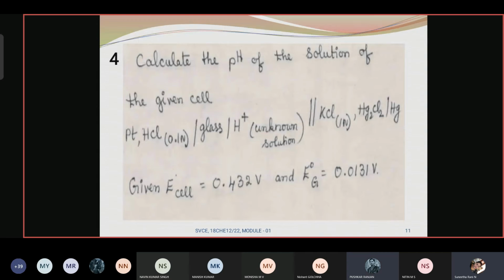Very good. I think nobody observed that. That is why I was waiting for the question. Ma'am, what value you told for that one? 0.2810 is the value for the one normal calomel electrode. That is the standard value. You should remember. Clear? Usually they will not ask you in the exam to calculate the pH, since it is there in your practical class, but by chance in one question paper I saw this question. That is why I have added it. Because it is very easy to solve. Correct? Okay.